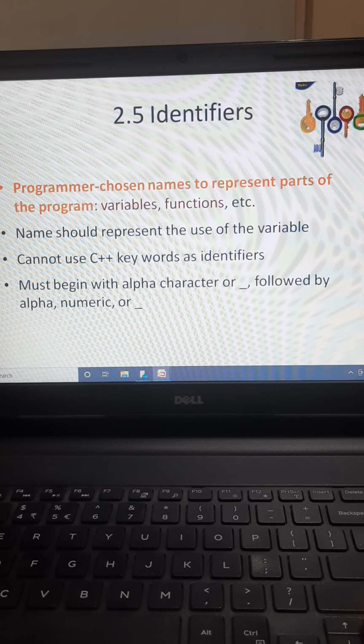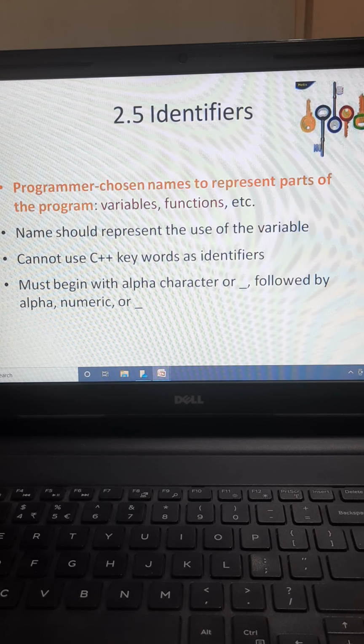So these are the rules. You cannot use a keyword as an identifier. See, when you learn from the book by E. Balaguru Swami, there is a list of keywords; I will also be giving it to you later on. So you can see the list of keywords along with this lecture. For example, you cannot use main as your variable name or a function name, you cannot use int, float. Whatever keywords are already used in C++ cannot be given as an identifier name.